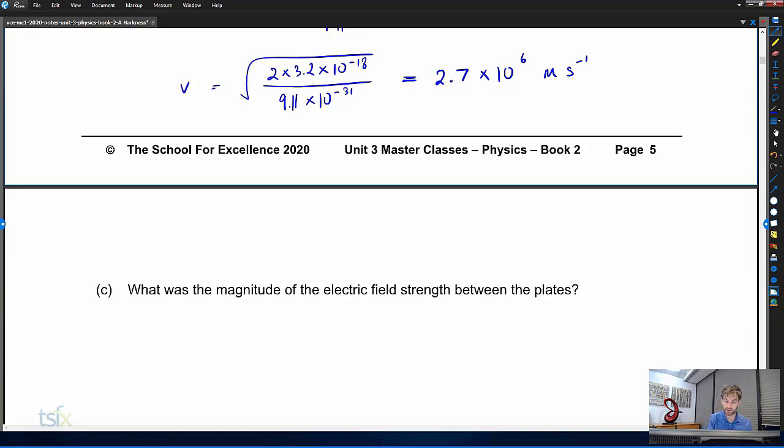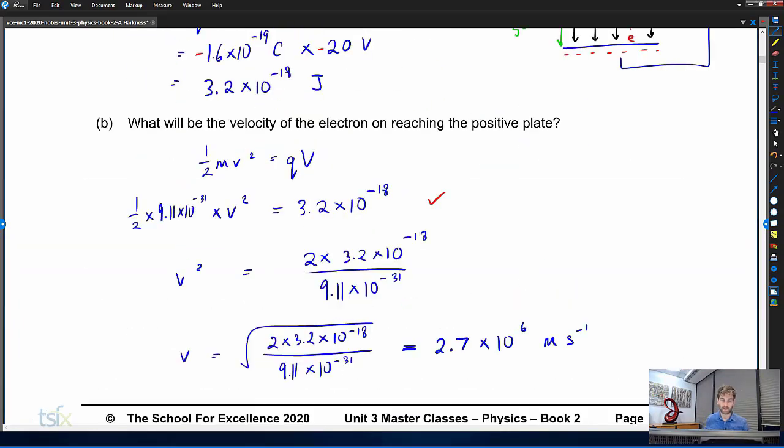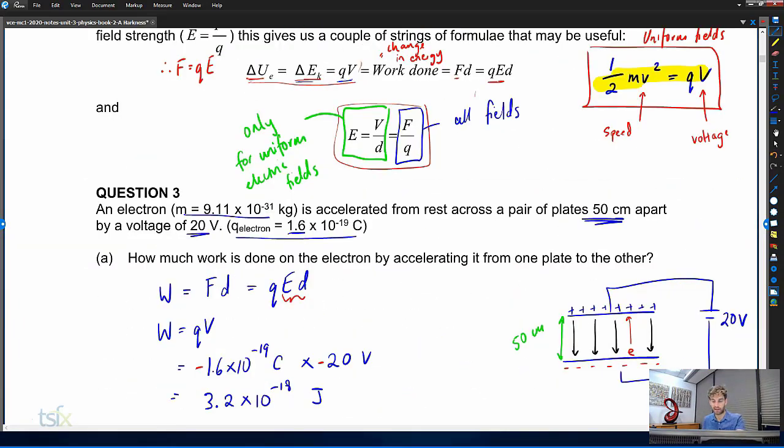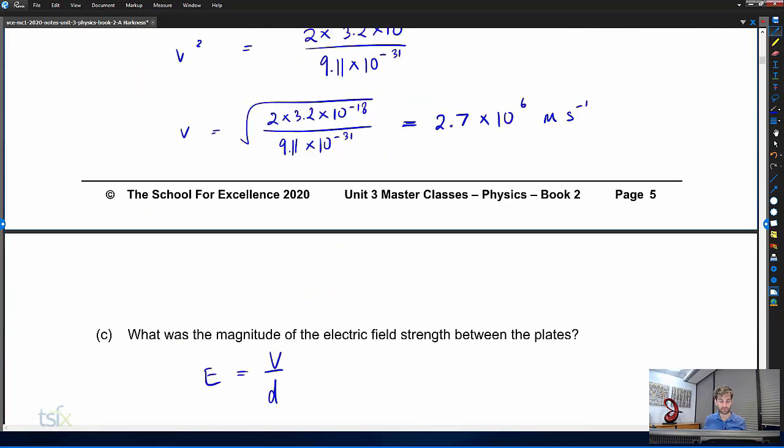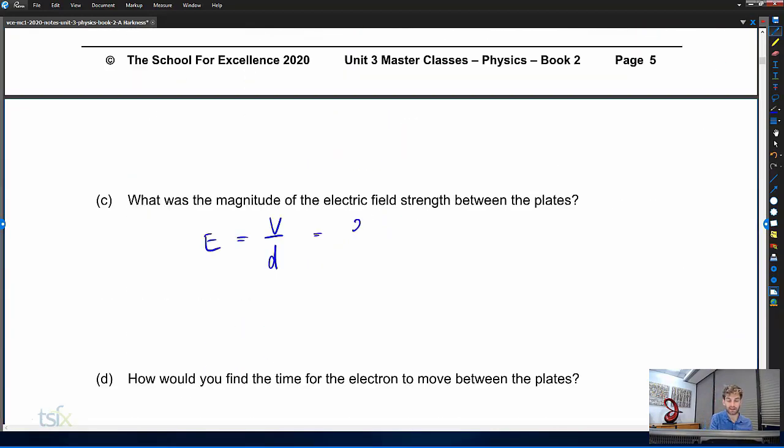To determine the magnitude of the electric field strength between the plates, the easiest thing we can do is V divided by D. So we know that we have V, which is 20 volts, and we have the D, which I was missing before, is 50 centimeters. So we can now say 20 volts divided by, always remember, the standard unit for distance is meters, so we should use 0.50 here. And so that will give us 40